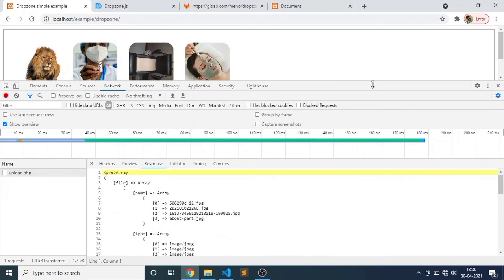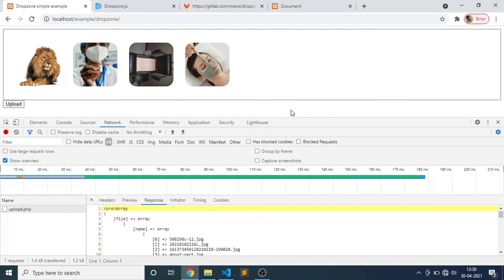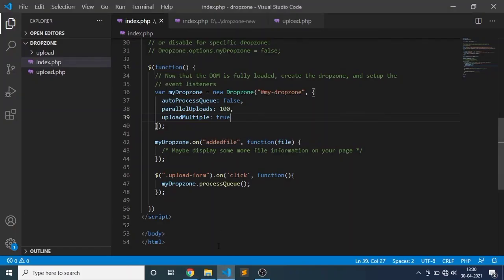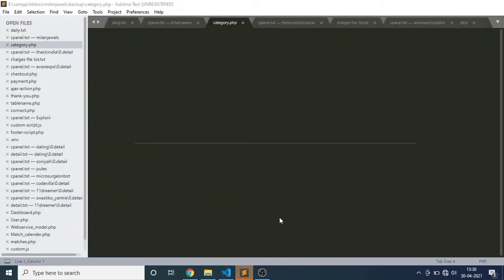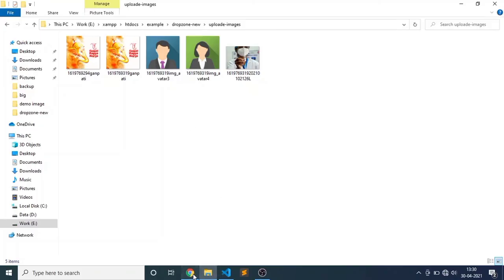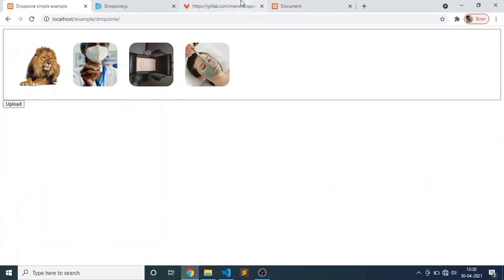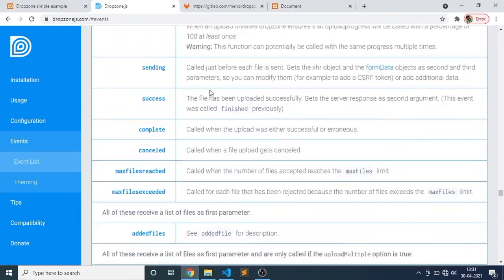Right, here you can do your multiple file uploading process using PHP code. Right. So what we are doing today: uploading files with animated view and preview using Dropzone.